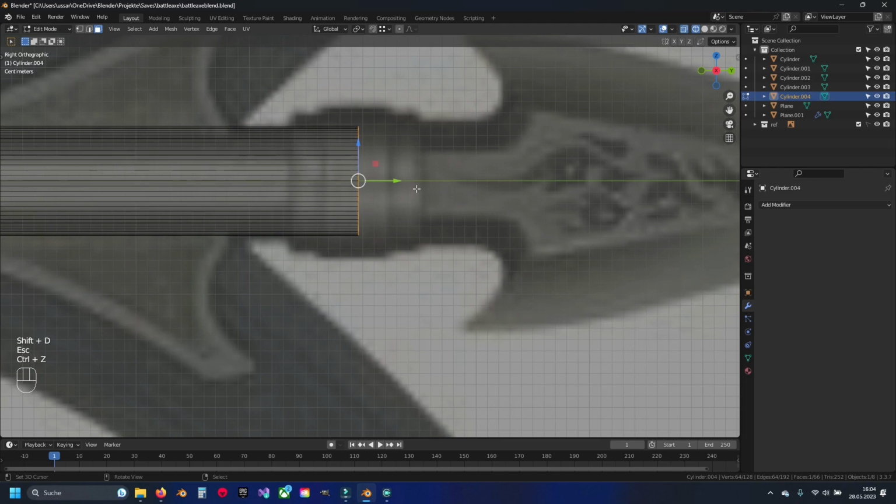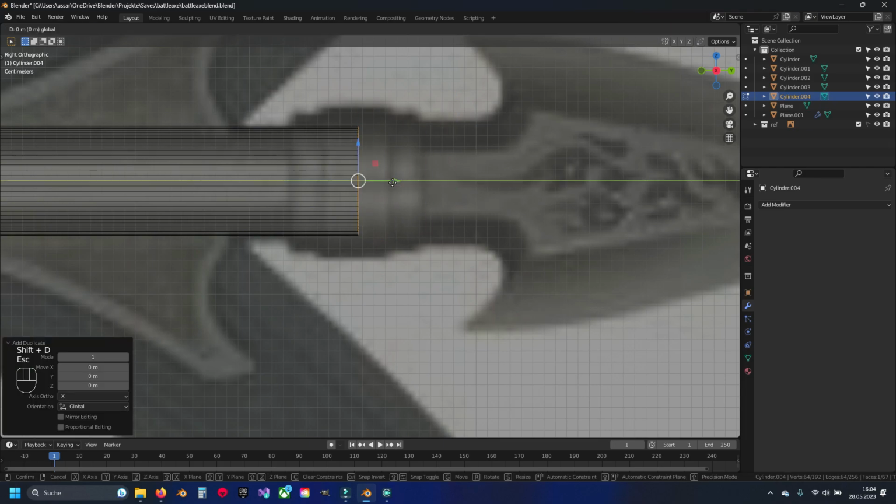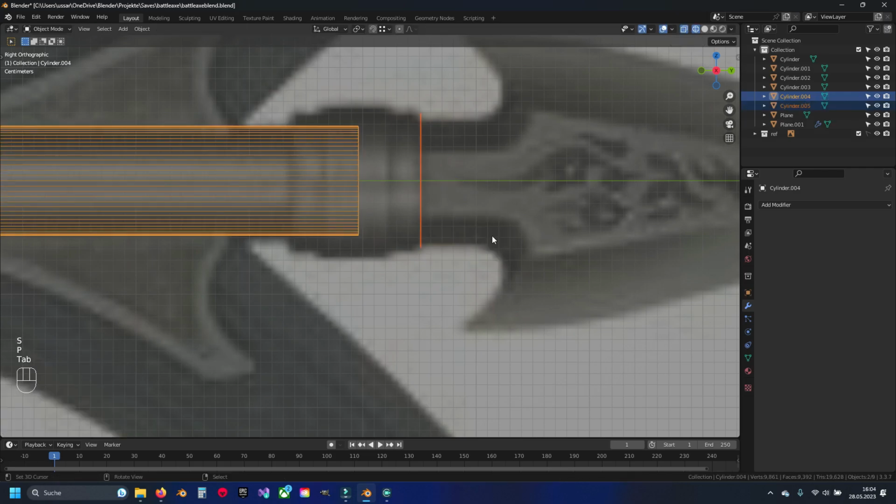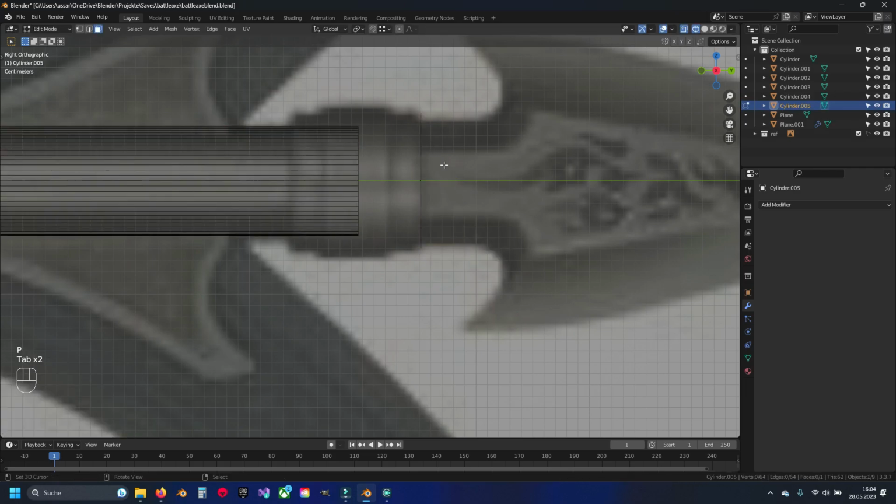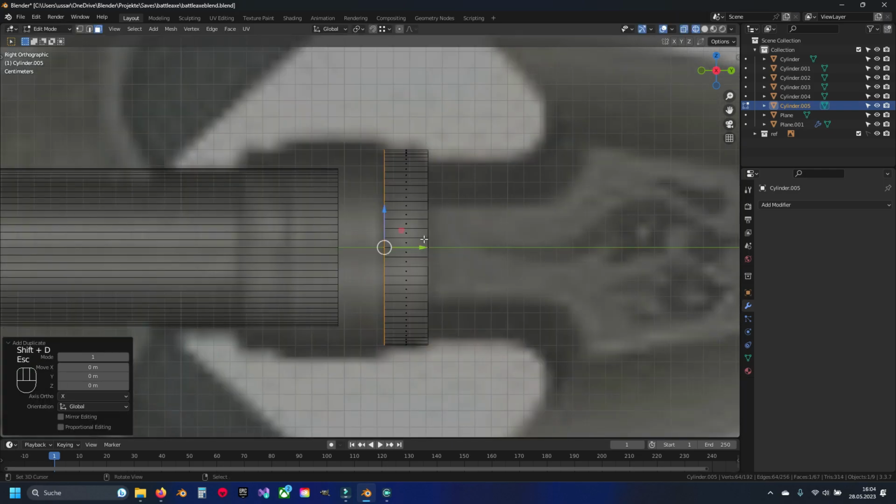Now we can duplicate this again. Now we put this one here, down here, make an own object of it, and extrude it here, duplicate it,